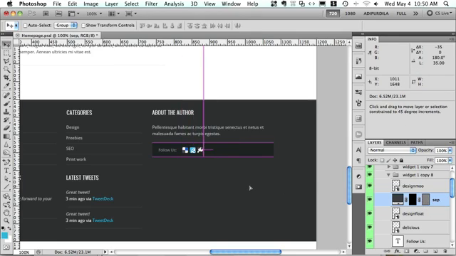Position these kind of equal on the sides. So let's call it 15, something like this. Follow us will be a link,